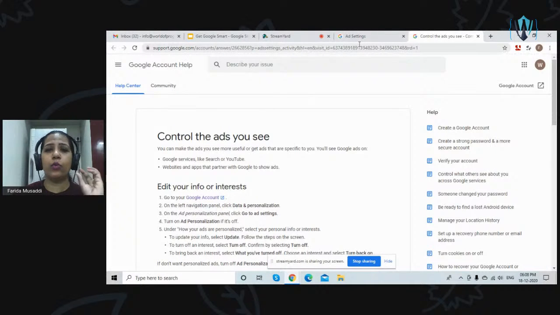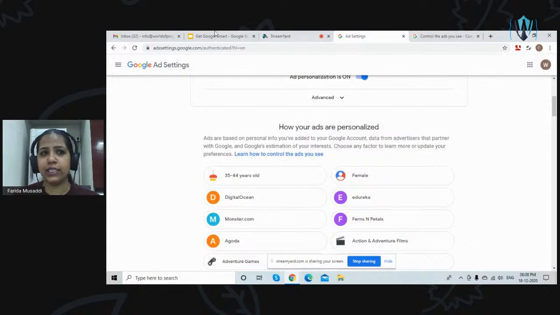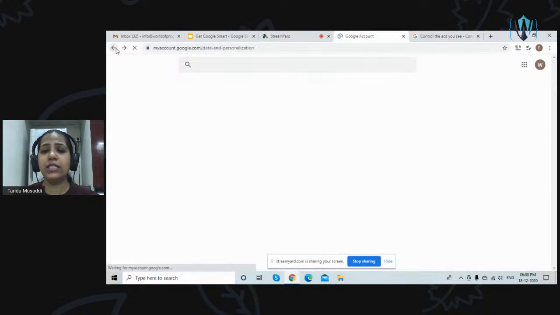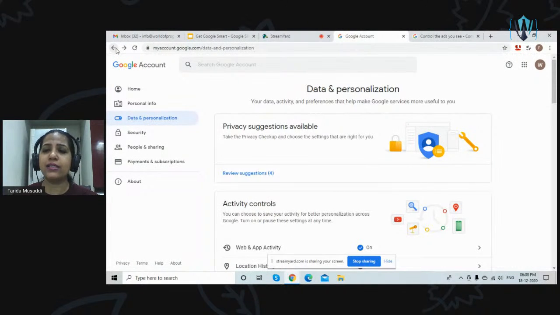Now, info means when you created your account, all the information which you added in terms of your gender, in terms of your hobbies, your likings, you automatically receive ads based on those interest areas, based on your age, based on your gender. At any point of time, if you want to not receive ads pertaining to that gender or pertaining to that age group, go to your settings, go to your info, and you can change your info.